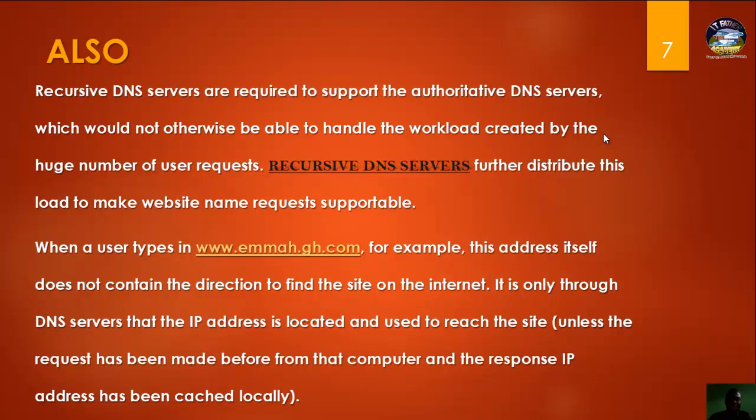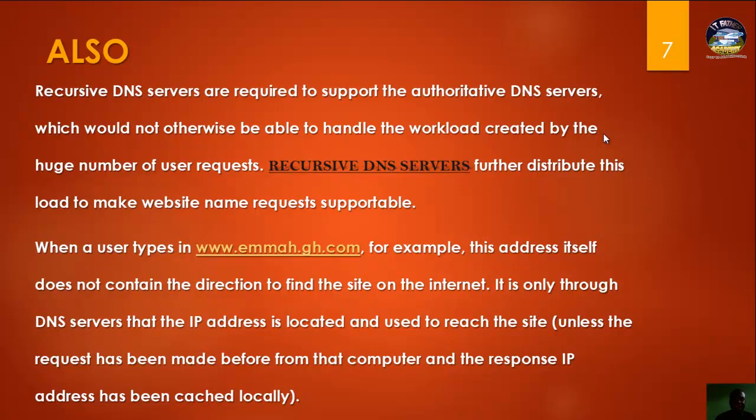So when a user types in www.yima.gh.com, for example, this address itself does not contain the direction to find the site on the internet. So it is only through DNS servers that the IP address is located and used to reach the site, unless the request has been made before from the computer and the response IP address has been cached